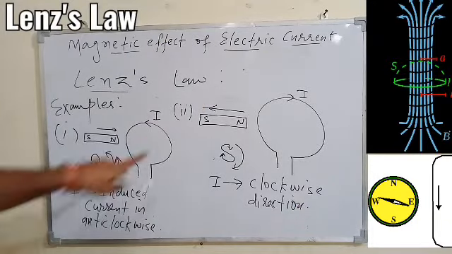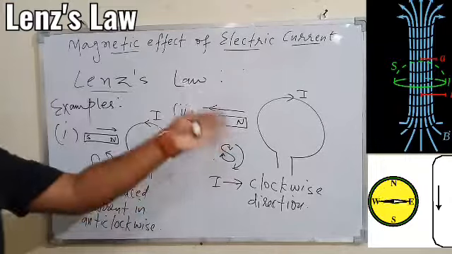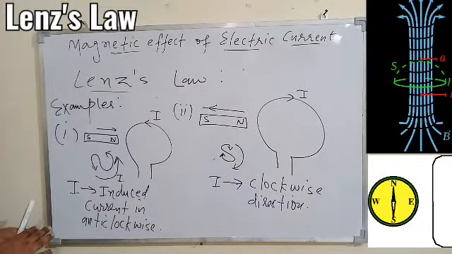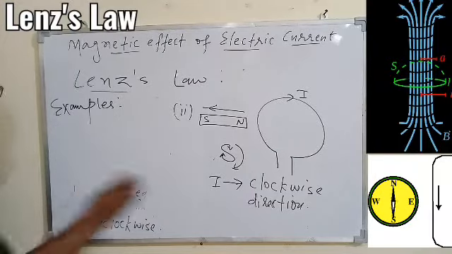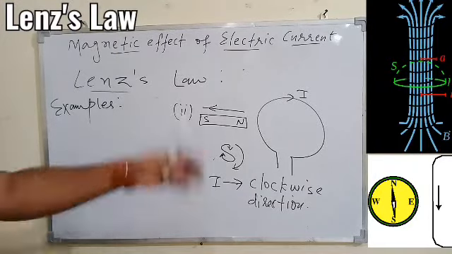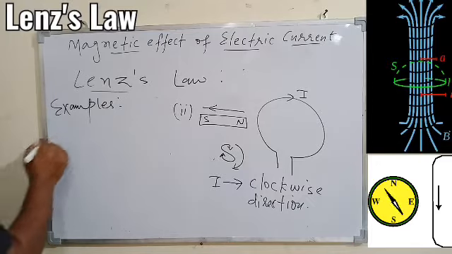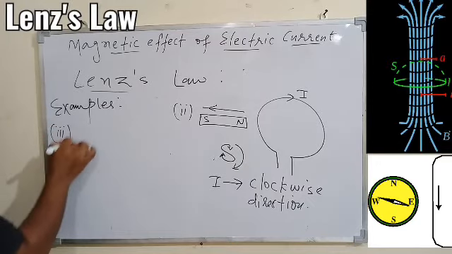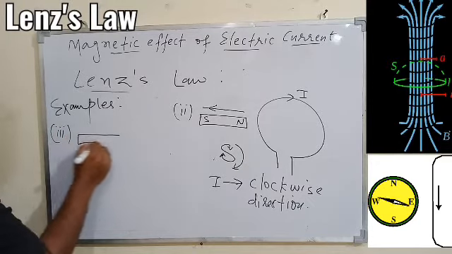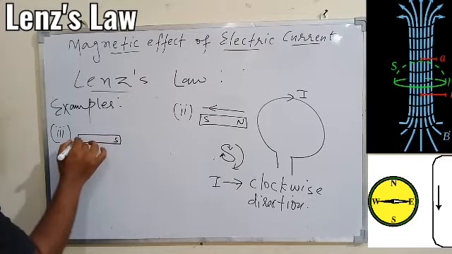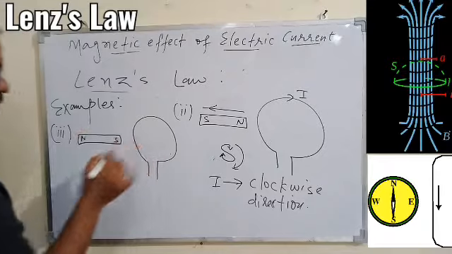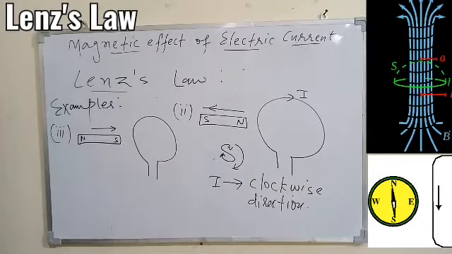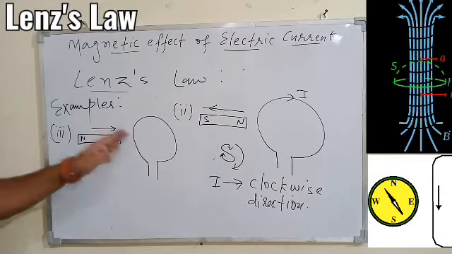Okay, so I'm not writing the statement here moving away from the coil. So the diagram is clear already. Now take the other example. Let the magnet be moving towards the coil with south pole. So we have south pole now here and north pole the opposite side, and we have the coil. Magnet is moving towards the coil, so this is south towards the coil.